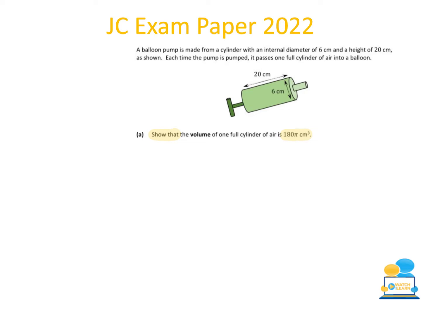They want me to find the volume, and the shape they want me to find the volume of is a cylinder. So we're going to say, do we have a formula for the volume of a cylinder? And yes, we do in our formula booklets. That formula is the volume of a cylinder is equal to pi r squared h,